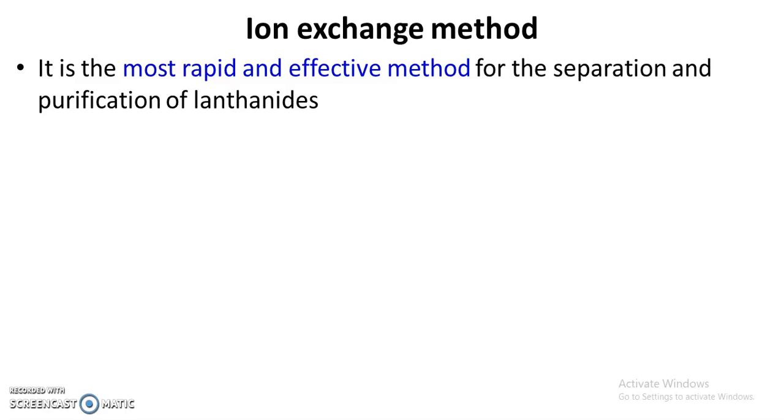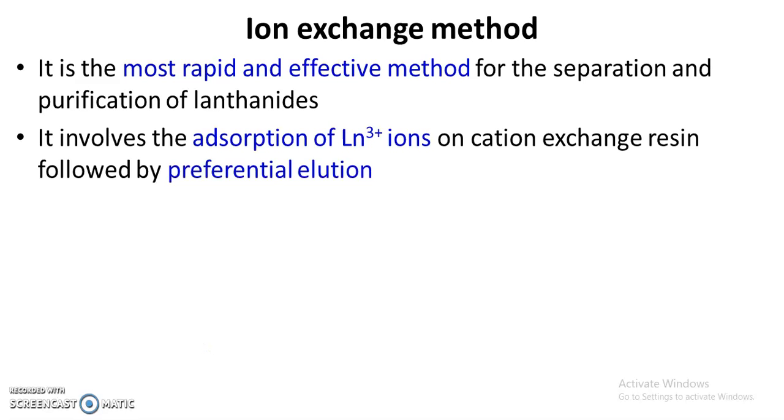Now first of all, we are going to discuss the ion exchange method for the separation of lanthanides. It is the most rapid and effective method for the separation and purification of lanthanides. It involves the adsorption of lanthanide ions on cation exchanger resin followed by preferential elution. It means when a solution containing lanthanide ions is passed through cation exchanger resin, these lanthanide ions are exchanged with protons of the cation exchanger resin, and because of adsorption of these ions, there is a formation of